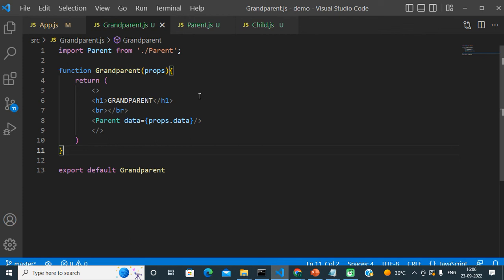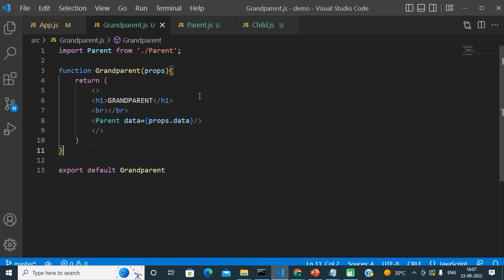Even though these two components have no requirement of the same data, we still have to pass it through them. So basically we are doing some unnecessary steps here, and we are complicating our code and our logic. So obviously this is not a feasible solution. And friends, this way of passing data from one component to another, and then to another, with the help of props is known as props drilling.